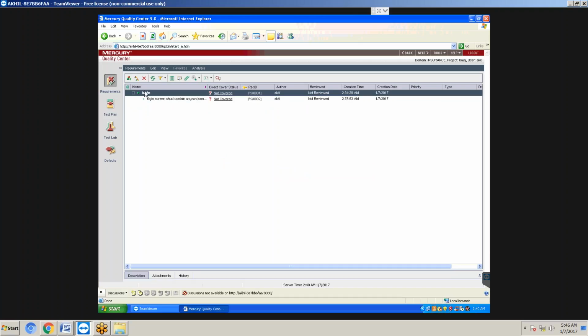First, we need to select the main requirement, then only we can write the child requirement. I already selected the main requirement, then we can take the child requirement. This is very, very important.